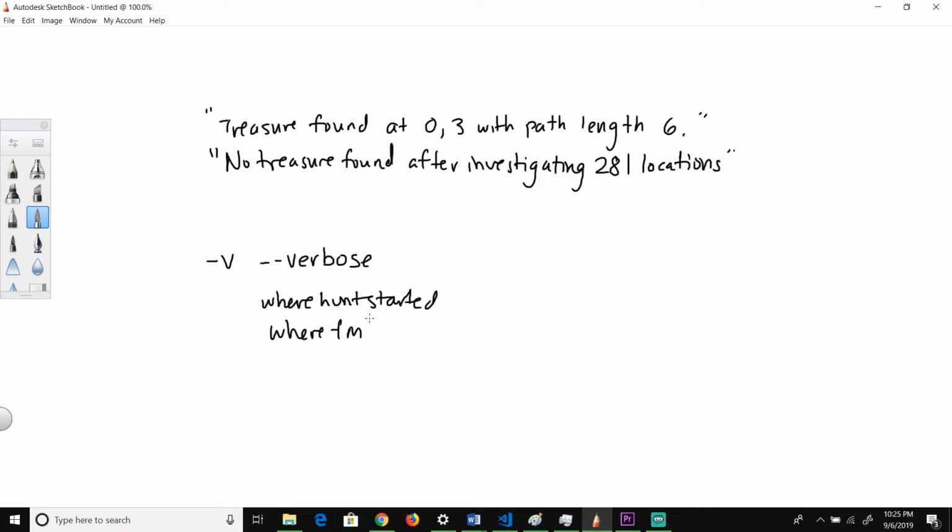So basically which islands at which positions were they dropped off. And you also have to print whether or not the first mate found treasure on each island. Yeah, this is something you have to read in the specs for, but essentially you'll have to print out additional details for each